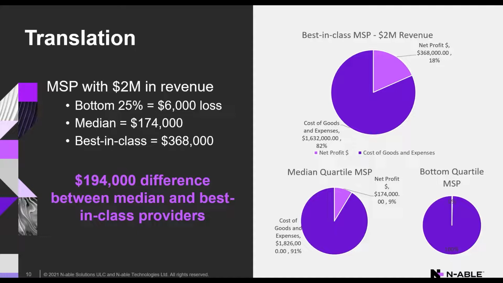Okay. And what we see across these quartiles, and the reason we're breaking them up like this, is we're seeing a very direct correlation of EBITDA numbers to operational efficiency. Right. And I think it goes without saying, the more efficient you are, the more money you're going to make. Right. That seems very simple. And it seems like a very easy correlation to make. Right. The more tickets I can bill for, the more money I'm going to make. The more time I have to manage my devices equals more devices inside a fully managed program, which is more